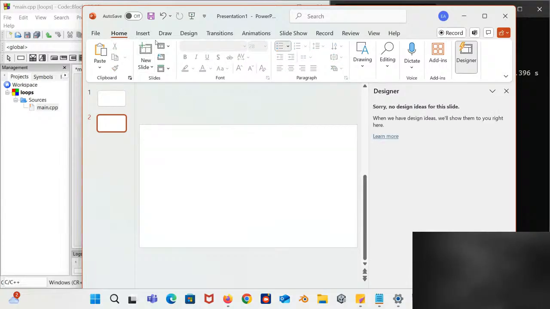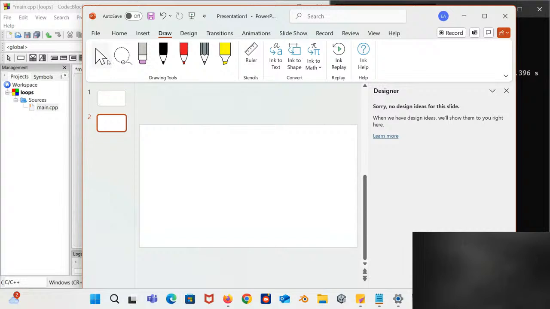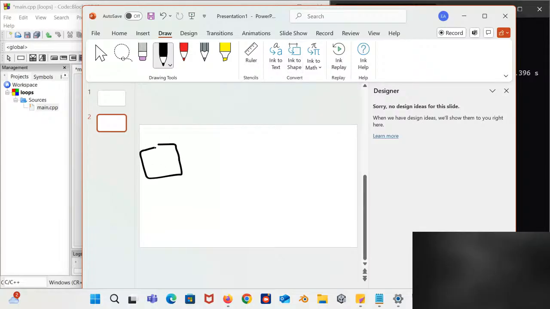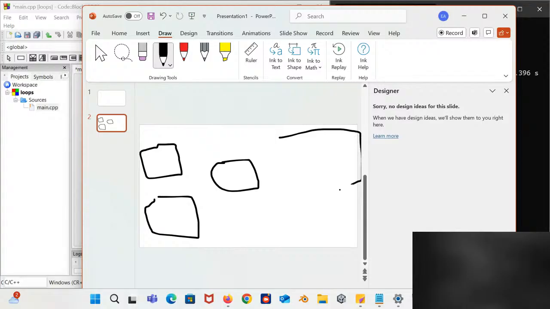So instead of doing this, student one, student two, student three, instead of having to create all of these separately, an array allows you to store them together, instead of having them differently.